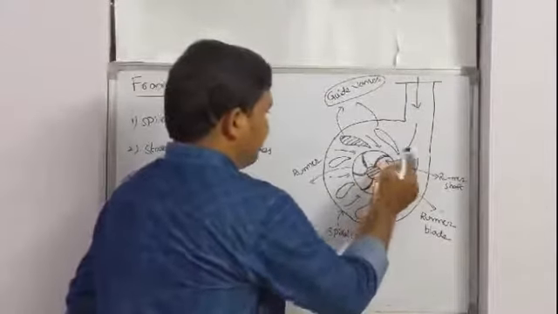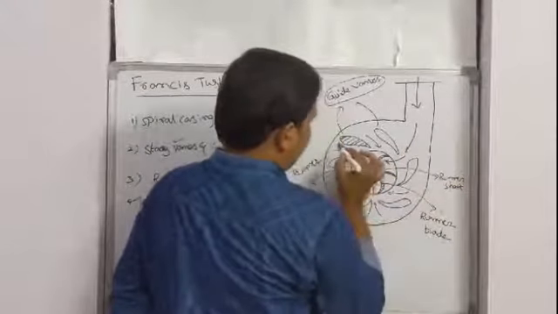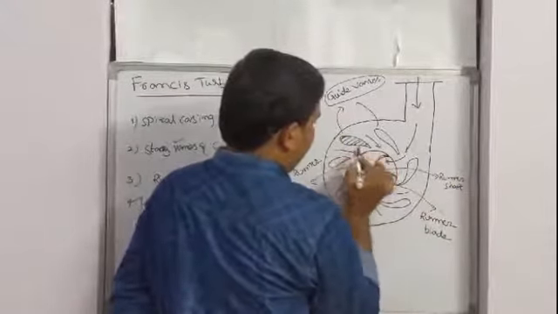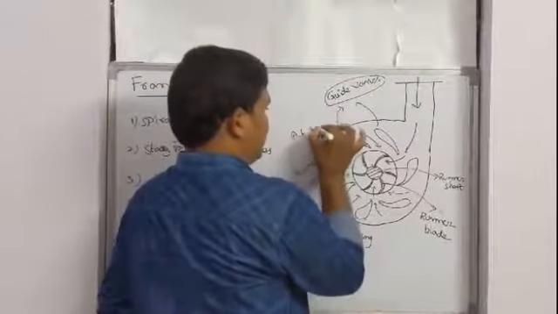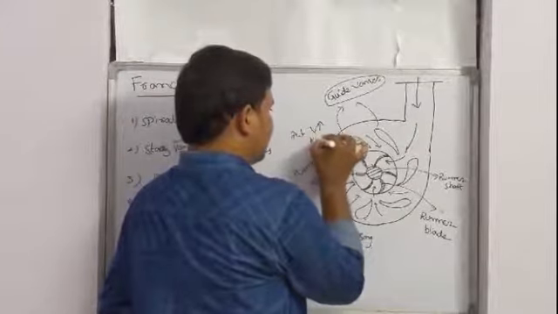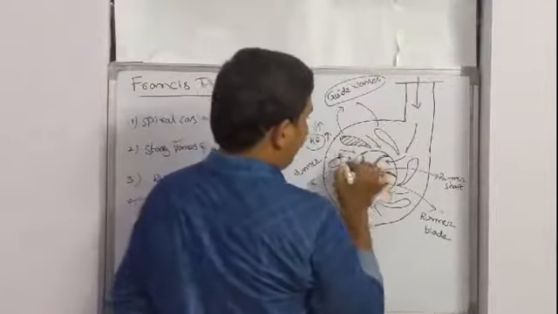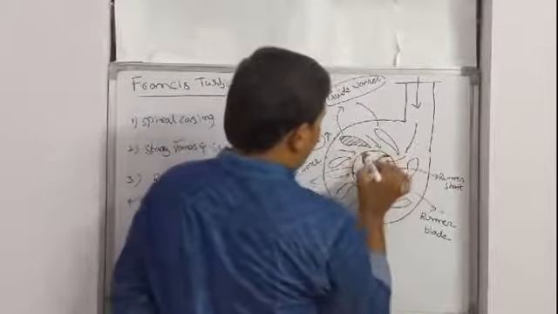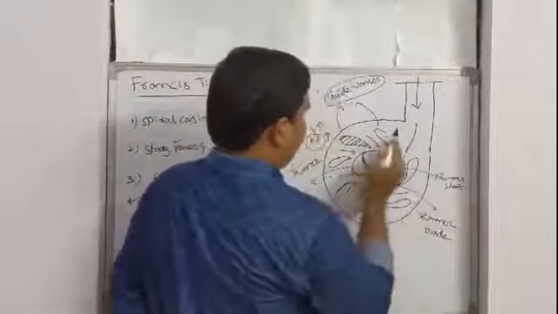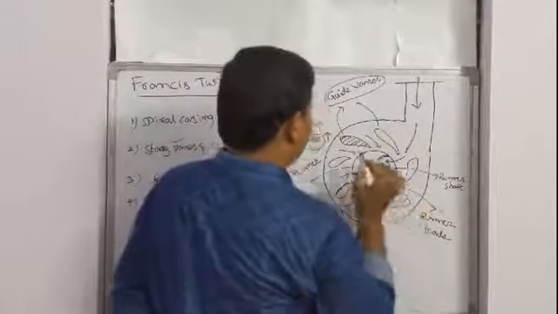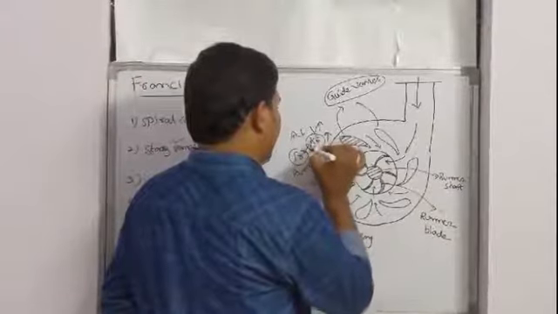So here what happens: the spiral casing is reducing in cross-section area. Whenever the area decreases, the velocity increases. The velocity increases, which means the kinetic energy increases. More kinetic energy is developed here. Then, due to this tight casing and scroll conduit casing, there is a pressure reaction,